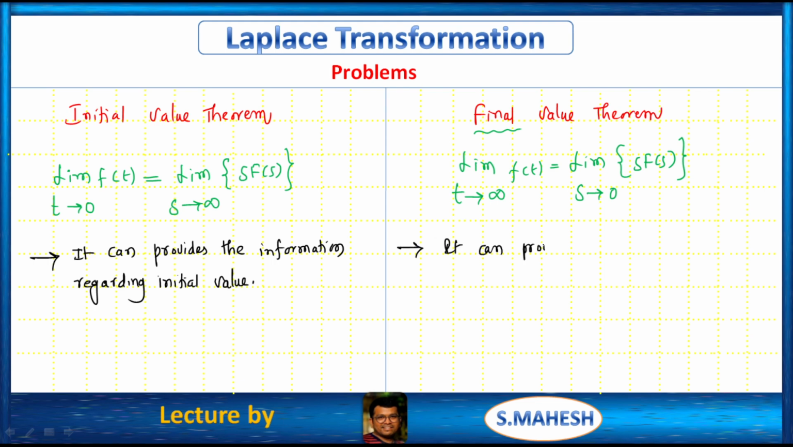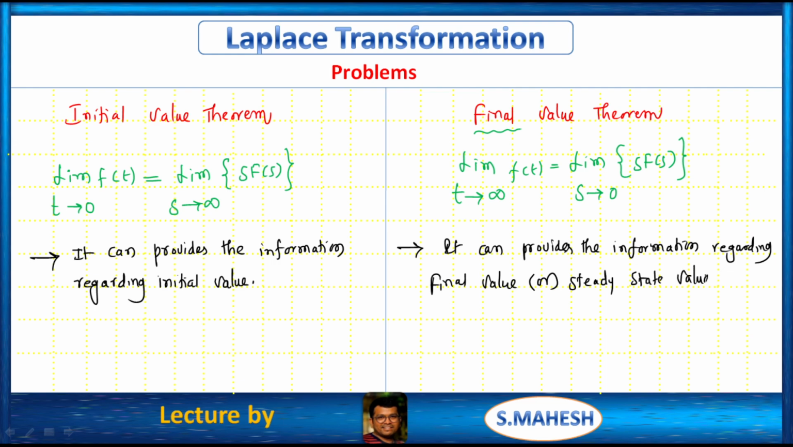It can provide the information regarding the final value or steady state value. When we are having the initial value, when t is equal to 0 at the instant of switching, it is